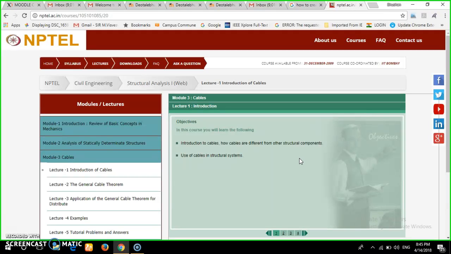Right. In this course we will just have an introduction about the cable, in which we are going to see about the different structural components which are being used in a cable, the use of cable, and finally we are also going to see the difference between the single core cable and a 3-core cable, right? So in the first part,